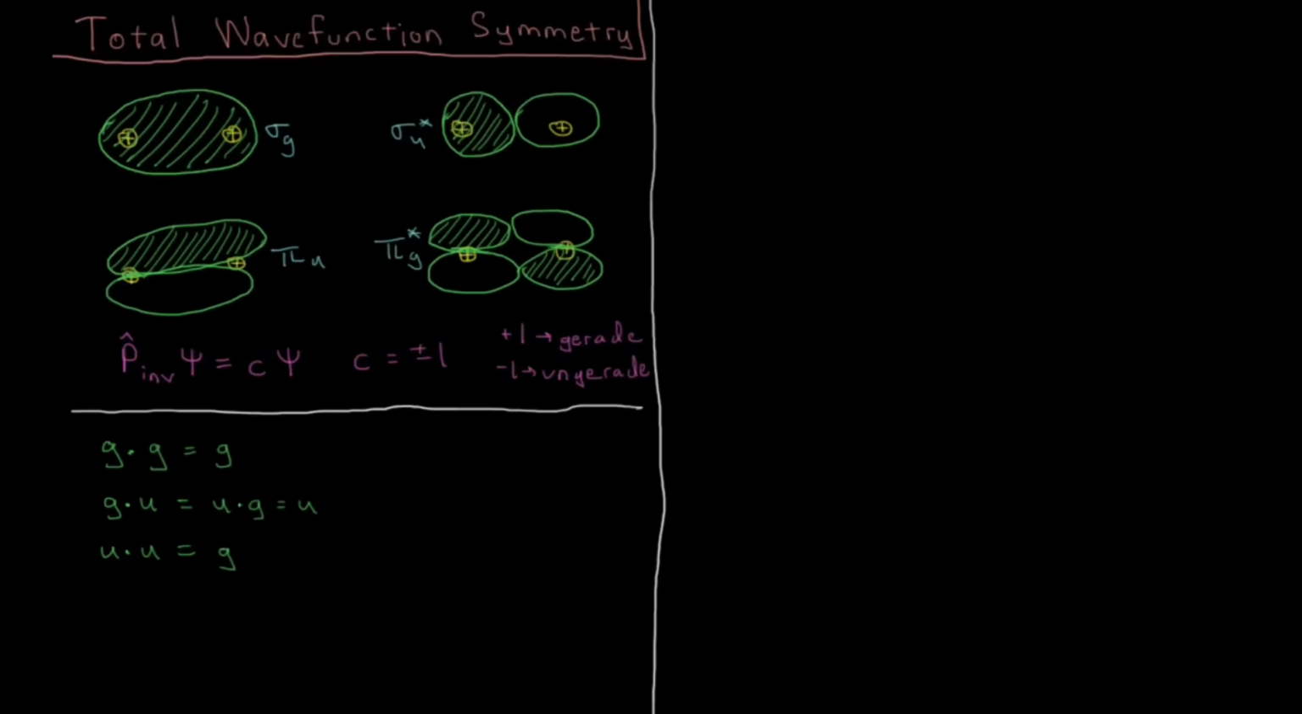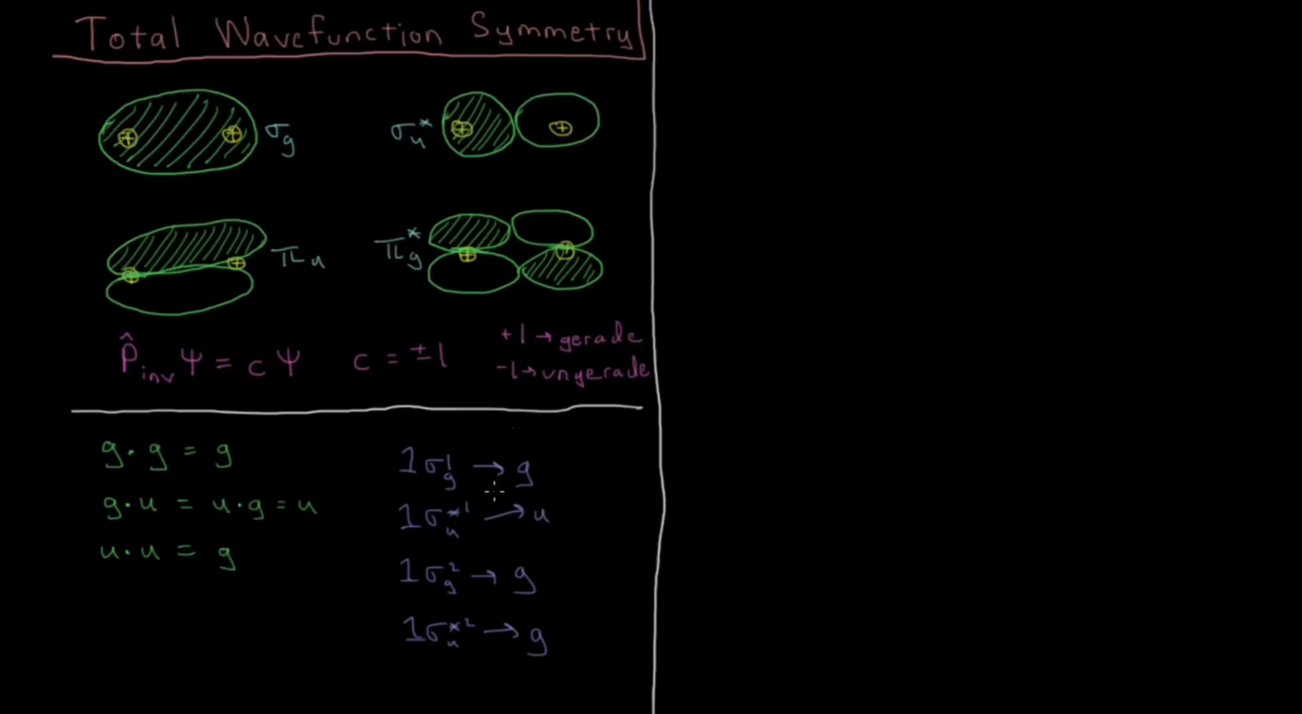So if our total wave function is just, for example, one electron in a sigma g orbital, then obviously the total wave function is gerade. If we have one electron and it's in a sigma star u orbital, then that's obviously ungerade. If we have two electrons in a sigma g orbital, that's G times G, that gives us gerade. And if we have two electrons in a sigma u orbital, then that's U times U, and that total result